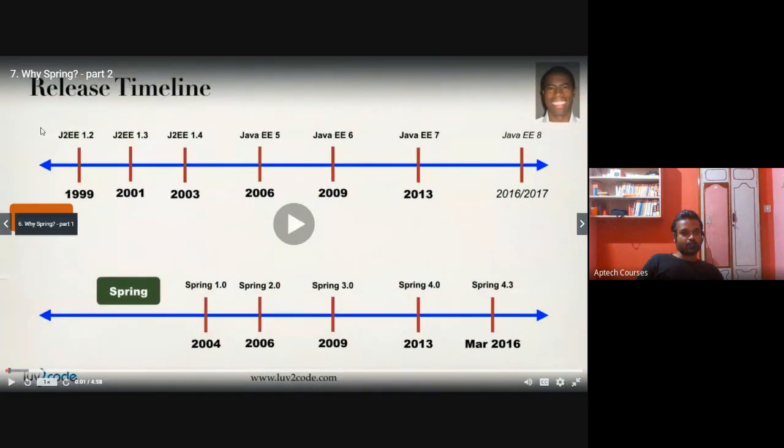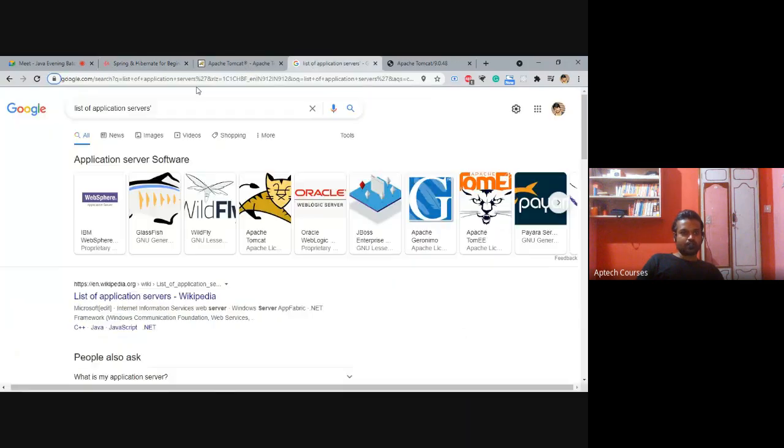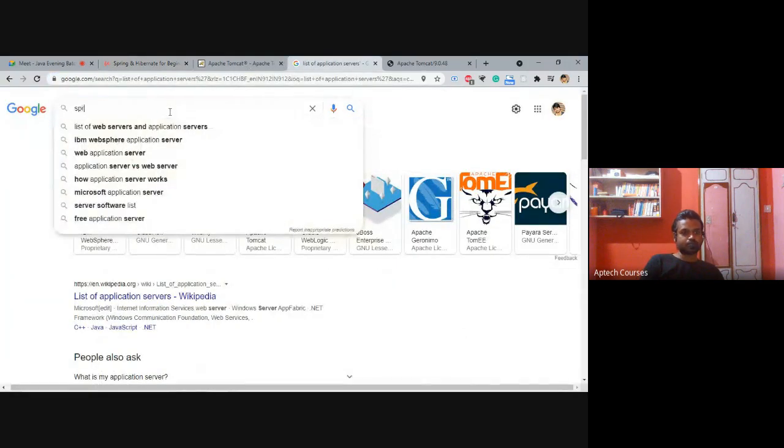Now, why Spring, part 2? Let's look at the release timeline. Here is the release timeline of Java EE. Now this is the release timeline of Spring Framework. The first version, they released in 2004. But officially, Spring Framework